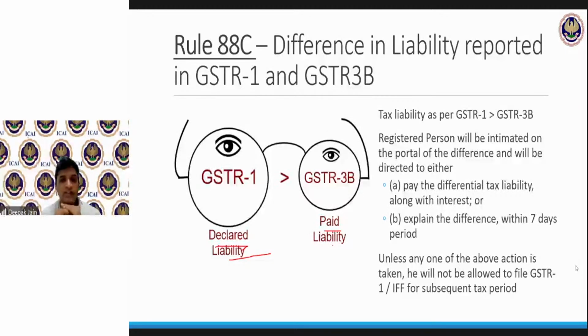If section 17 supplies are shown in GSTR-2A, you have to reverse the credit. You don't have to claim it, but if you claim it, then you have an option to reverse it. In your GSTR-3B, you have an option of showing what credits you're not claiming. Not everything that appears in your GSTR-2A should be blindly claimed. That's not the correct way.